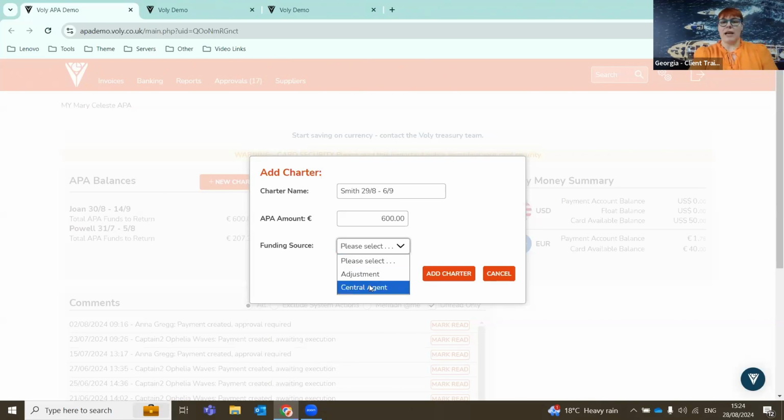Yours might say something along the lines of charter broker. It might even be the management name, but it's that account there anyway. Central agent, charter broker, management name for that one. Then we're going to click Add Charter, and that brings together all of those steps of your initial funds in,